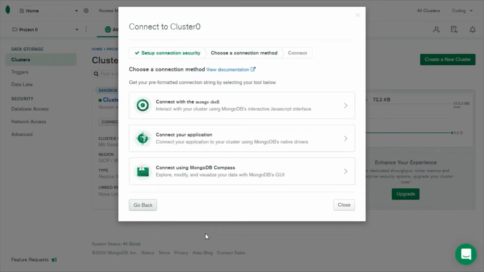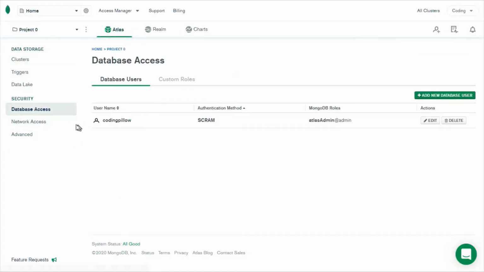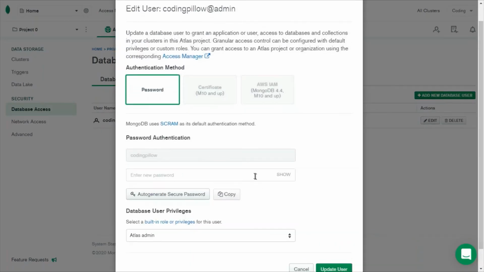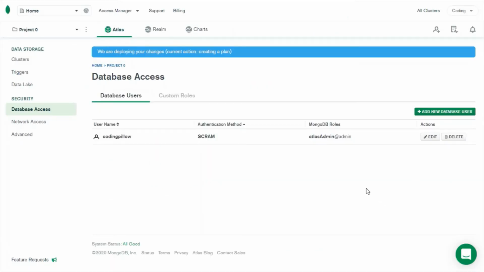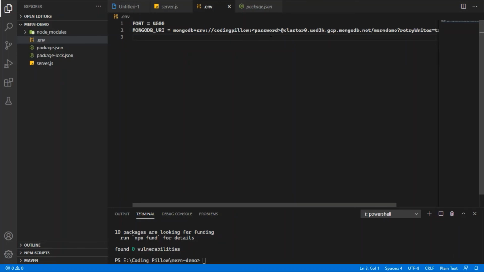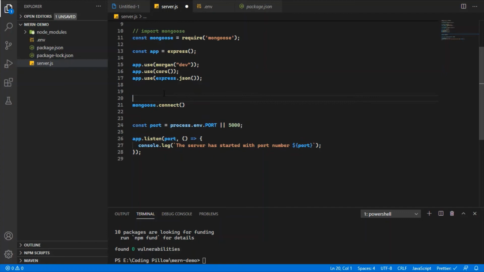So I'm going to bring the password, go back and close, and then from here to edit, and then edit password, auto generate password, copy, update user. So now I'm going to paste the password here. So I have pasted my password, and now I have to bring that URI